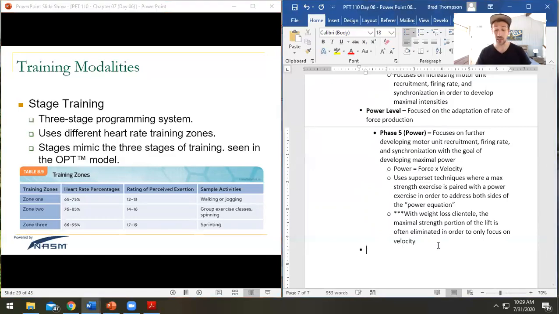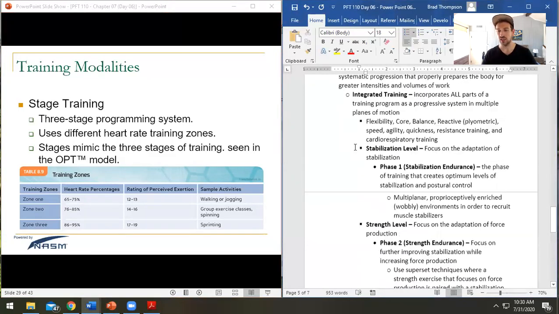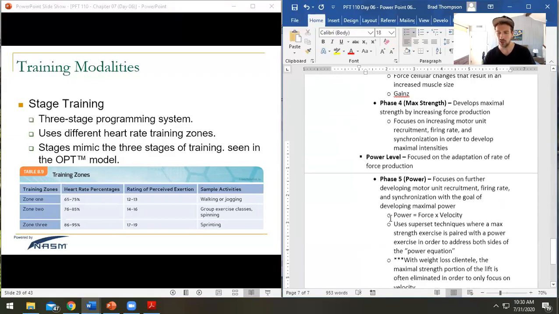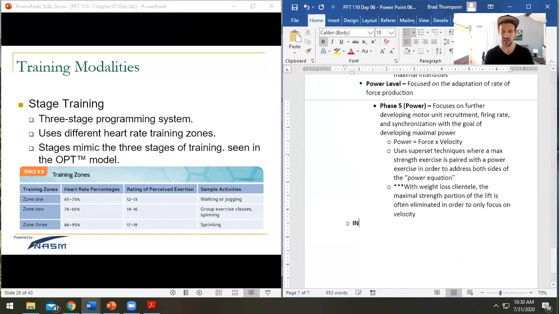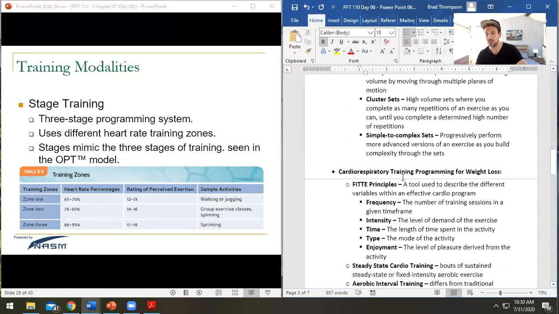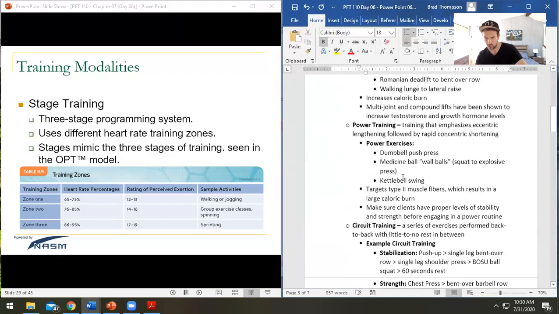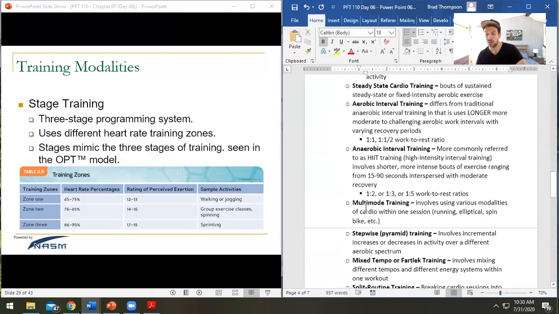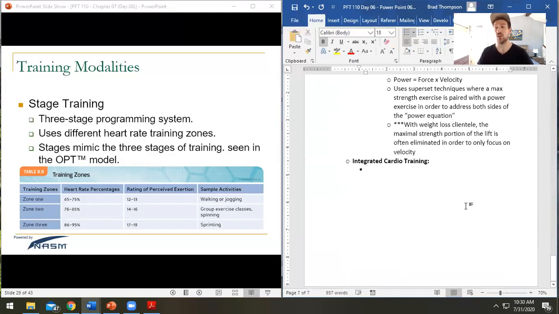All right, looking at cardio. So that's very much all related to our strength training. Looking at integrated cardio training, right? Going back to what we talked about earlier, using our different types of cardio like steady state, aerobic, anaerobic, multimode, we can apply all that using some NASM protocols of stage training. So stage training